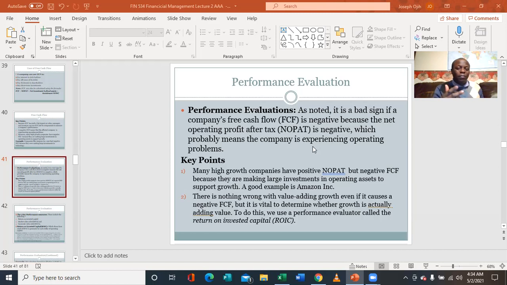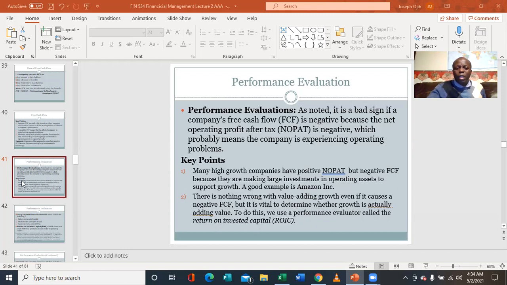But if it is still adding value, like Amazon was doing when their cash flow was not positive for some years, eventually it will turn positive. So how do we figure out if the company is actually adding value when the cash flow is negative? To do that, we use some performance evaluation that is called return on